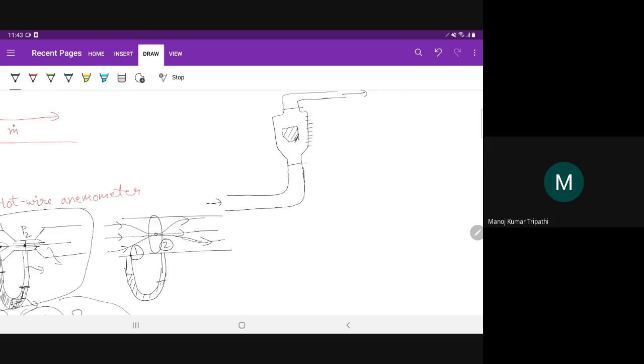Now what will happen is, because of the velocity of this fluid, this fluid will flow past this solid and it will lift this solid. Why will it lift it? Because there is some drag force being applied by the fluid on this solid. So FD is acting upwards and gravitational force mg is acting downwards. So for a fixed velocity, this block of solid will float somewhere at some value.